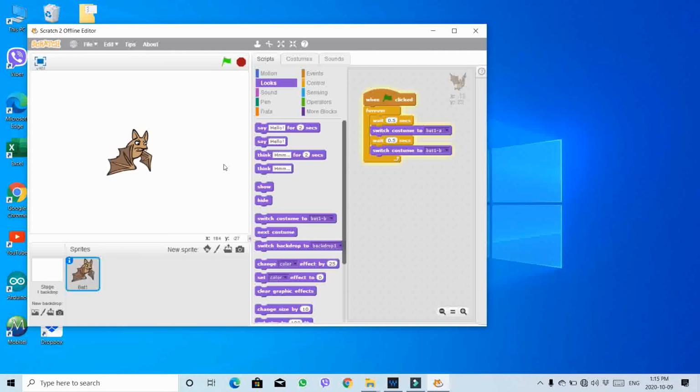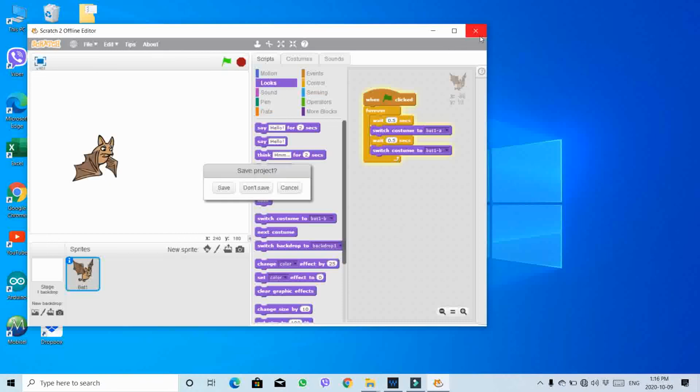Then you can see that it is changing to its second position, and changing its motion forever because I added the forever block to this. So it's a simple code in Scratch 2 offline editor. I suppose that's enough for the introduction to Scratch. And so